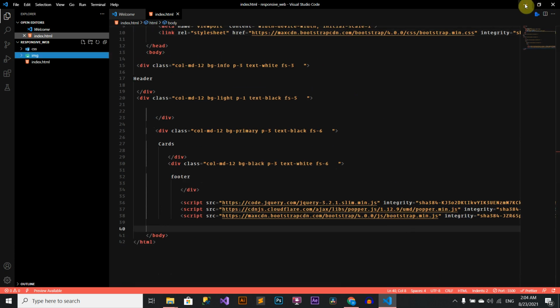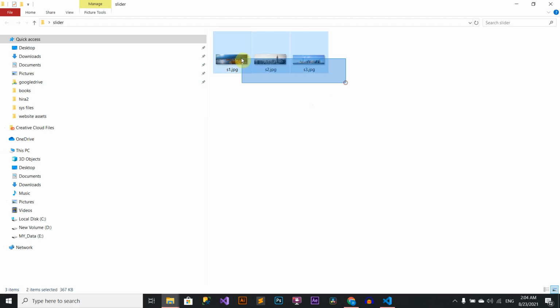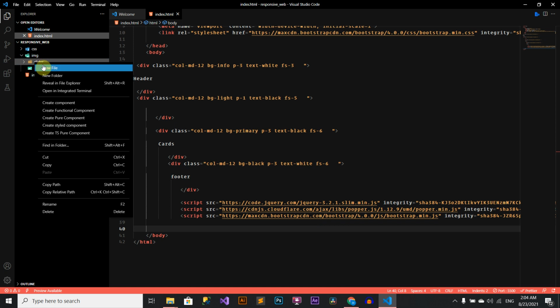Now, first we will copy the images of the website into the images folder. So, my logo is already in the images. Inside images, I created a slider folder. This folder contains slider images.